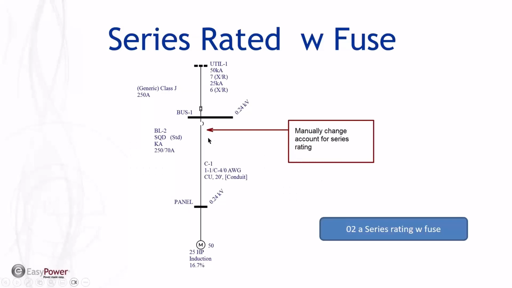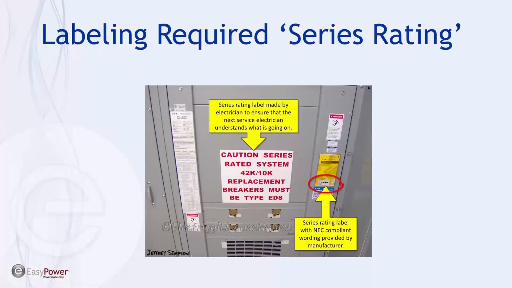One of the requirements in the National Electrical Code, when you've done something like this, which is manually combine a restriction on the upstream device versus the downstream device, is a labeling requirement. And the question is, is it going to be followed, or is it going to survive time with people working on this panel or breaker? In this case, this is a breaker